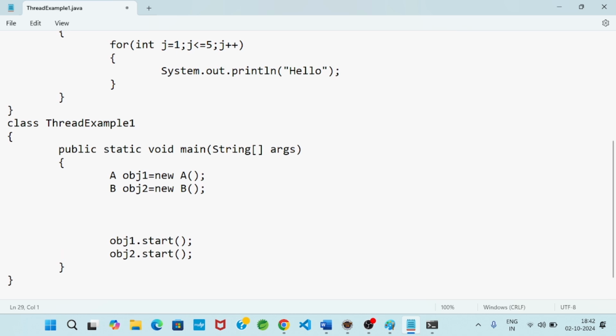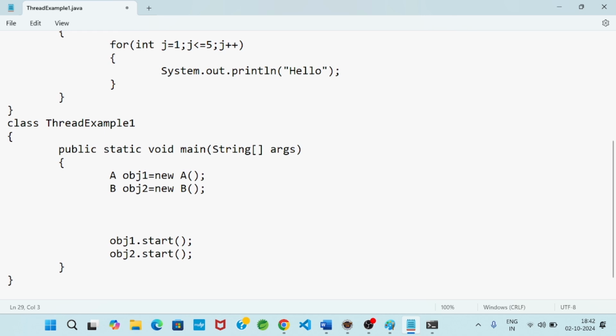After thread instance creation, obj1 is the thread instance, because A is a thread, B is another thread, or A is a subclass, B is a subclass. In this context, we can say A is a thread, B is a thread. That's why I told you obj1 is the instance of A, obj2 is the instance of B, basically that is called a thread instance.